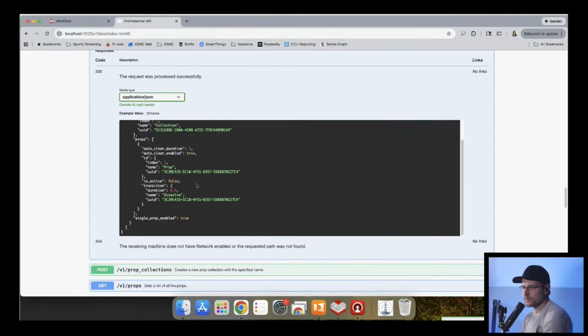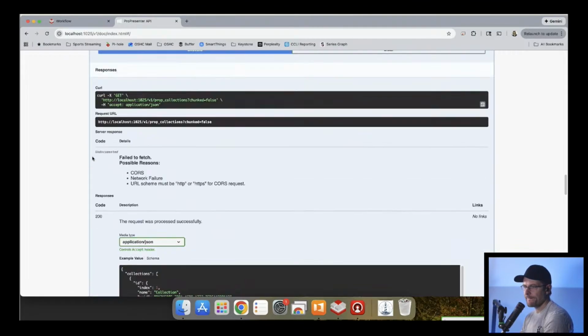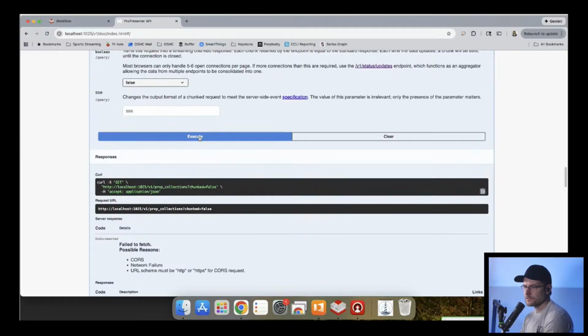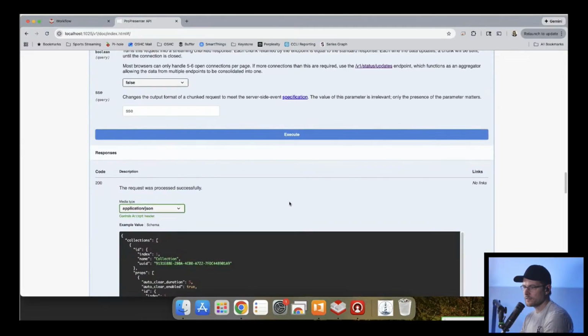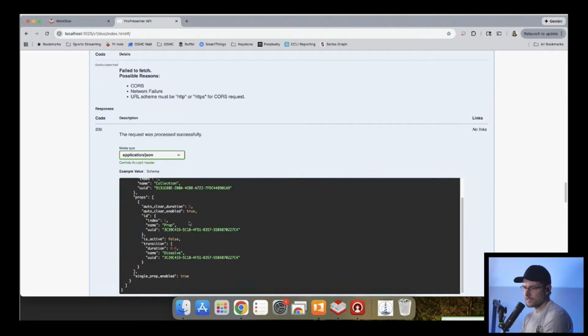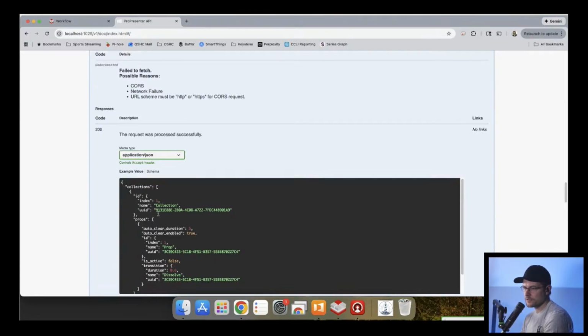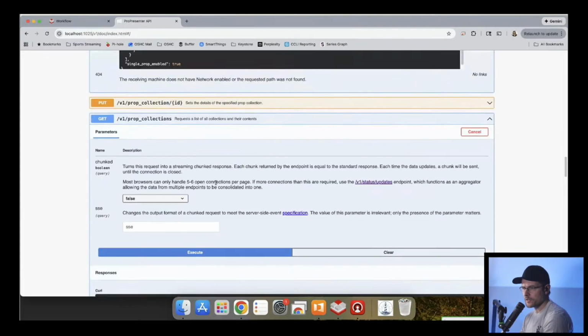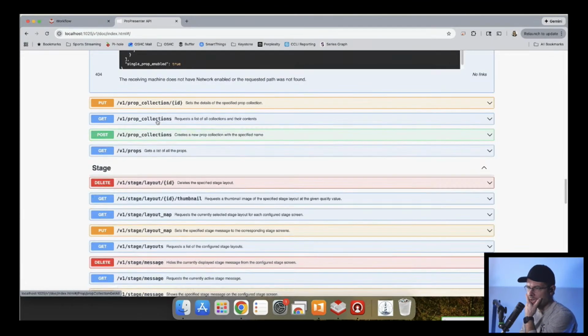So we go here to, let's clear, execute, collections. What am I? I'm looking at the wrong one, aren't I? Prop collections right here.